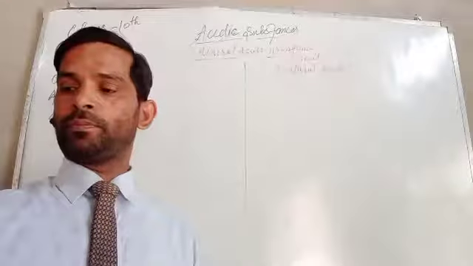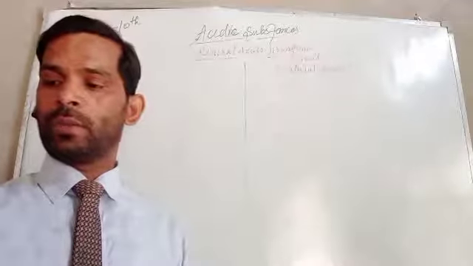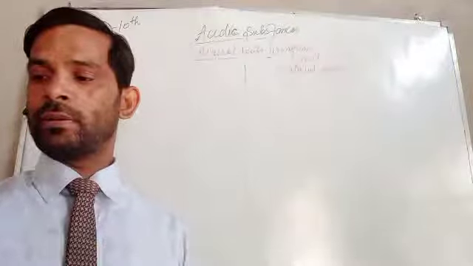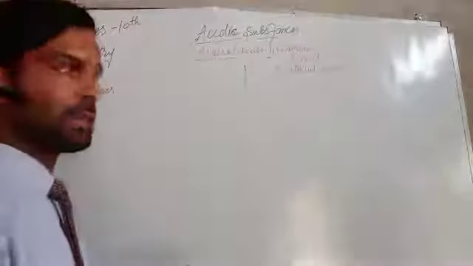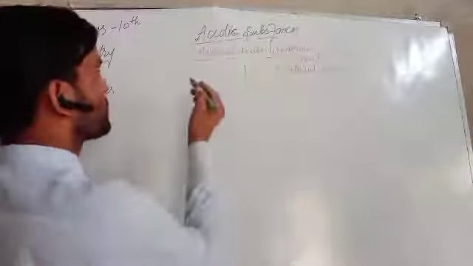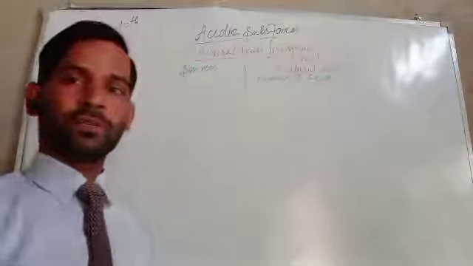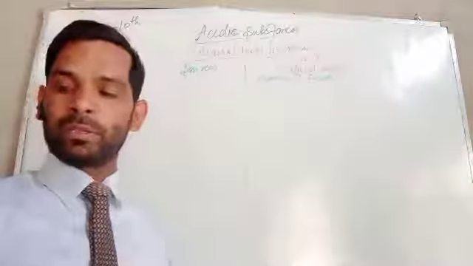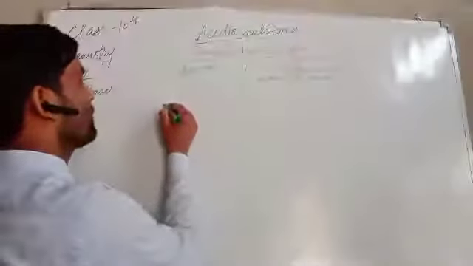For example, the ethanoic acid, which is produced by the sources and name of the acids. So what are the sources? What are the different means? Here is the